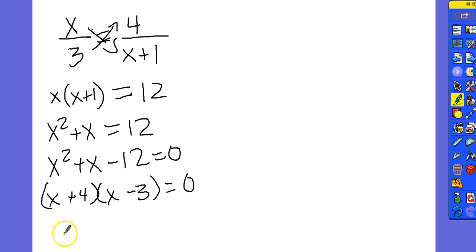And then, of course, setting them equal to 0. What's your 0 for x plus 4? And your 0 for x minus 3. And there are your solutions. Okay, so that'll probably be the most difficult problem you have to do, something that's similar to that. So when you see your proportion problems, that's just a review. That's something you're supposed to know how to do. So I'm done with the video, which is